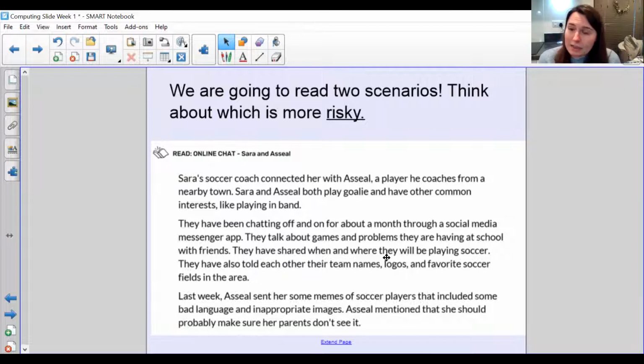Now, the risk there is that if a seal wanted to turn up to see Sarah, Sarah has given the information. But actually, a seal doesn't know Sarah's full name, or whether her family will be there. There's not that much information that potentially could be risky. And it is someone that knows a friend of hers.